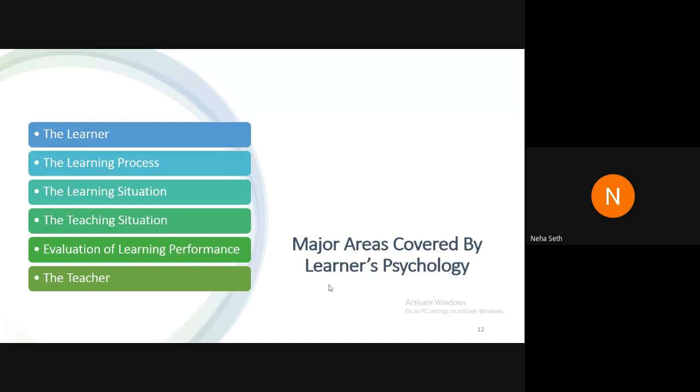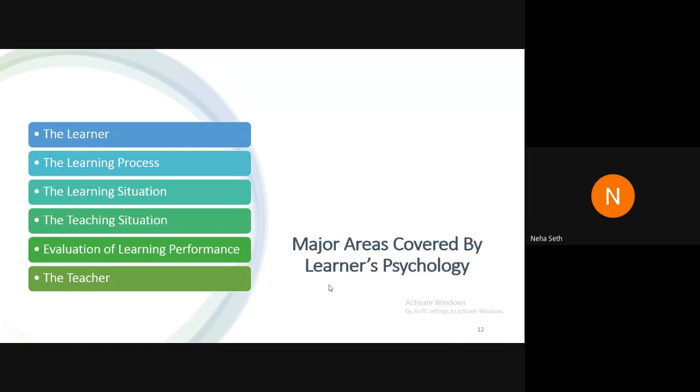And last, of course, but not the least, this last area covers the first 5 areas of learner psychology, that is the teacher. We as teachers need to know ourselves first. We need to understand our personality traits, our interests, our attitudes, our characteristics, how effective our teaching is, and how we can handle the stress and anxiety that is created. It is our duty as a teacher to understand ourselves first. If we are doing well in terms of our personality handling, then only can we pass it on to our students. So we need to take care. Self-care is most important, I must say.